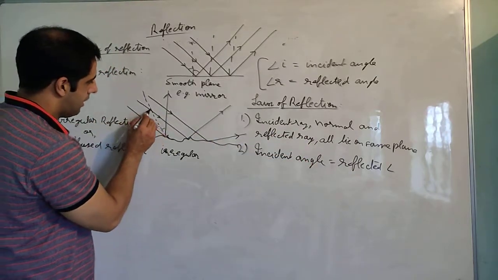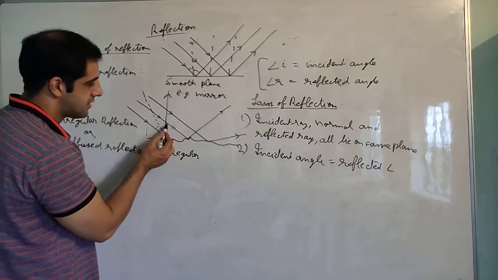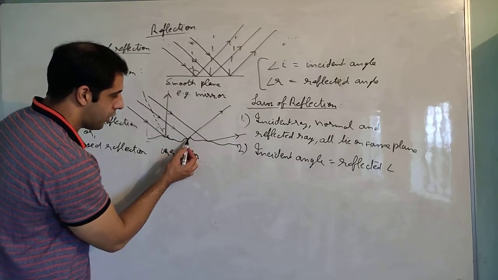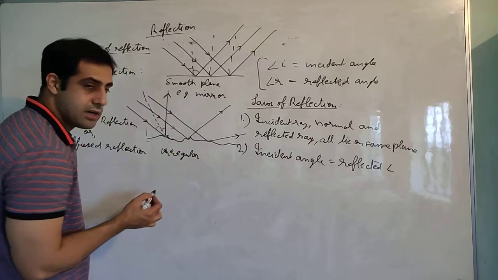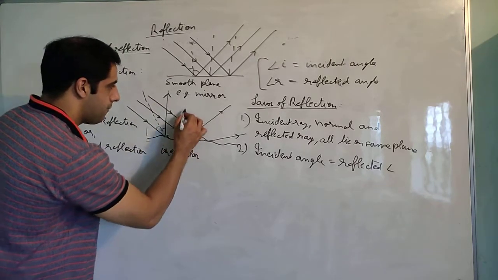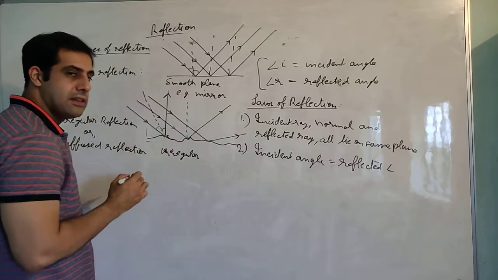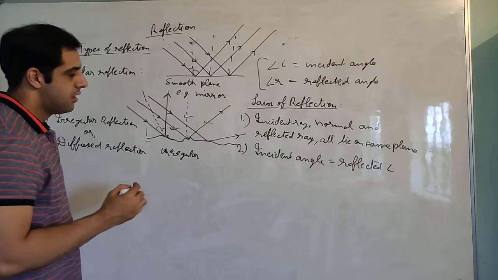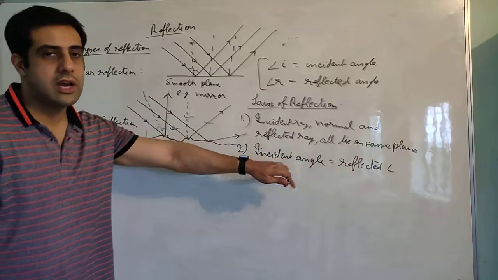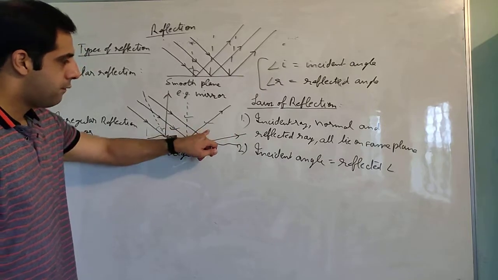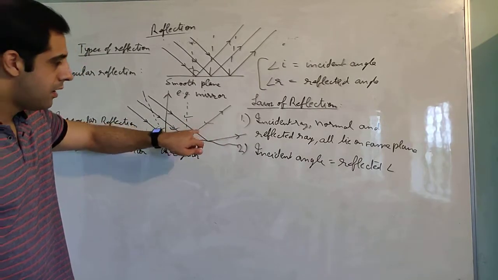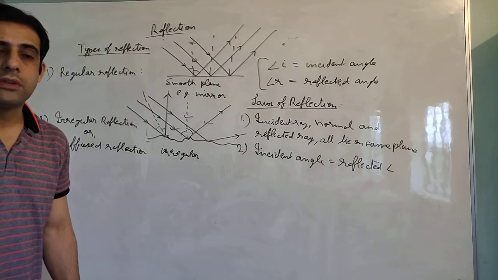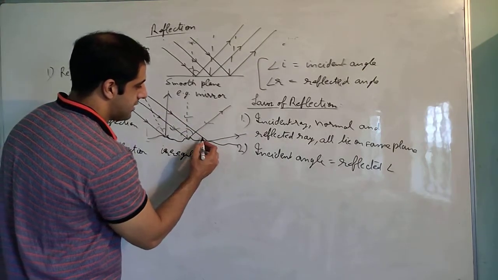Take another example. Let us take this incident ray. This is coming like this and reflected like this. Now if I have to make a normal, we can see that the plane here is straight. So if I make a perpendicular, this perpendicular will be like this. Now if you see only these three rays, you can see that both the laws are being followed. Incident ray, reflected ray and normal are on the same plane, and the angle of incidence and angle of reflection are also the same. A similar case will be like this.